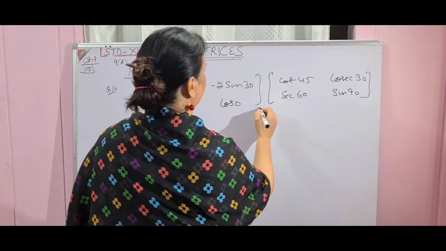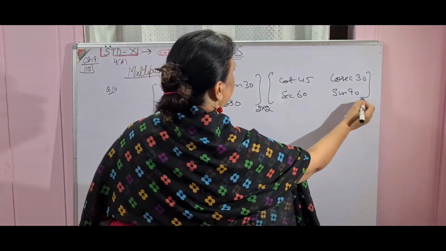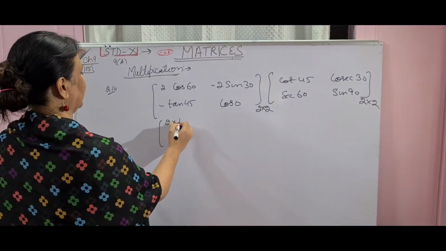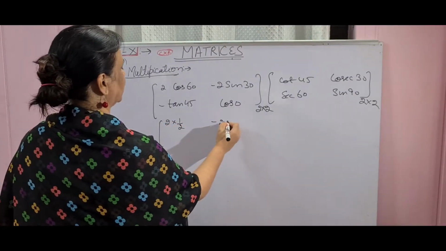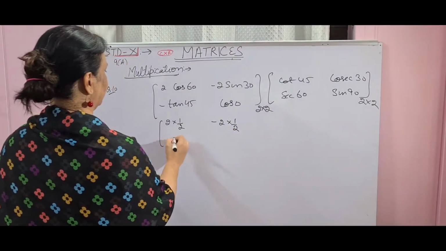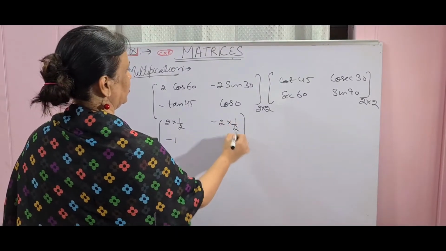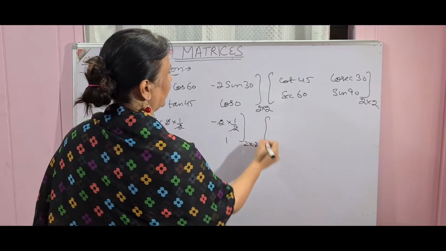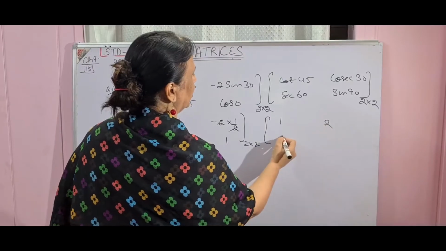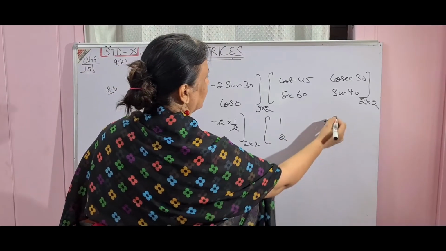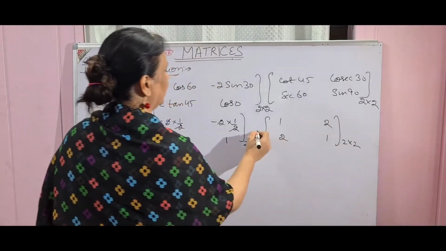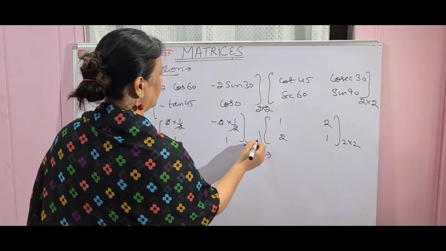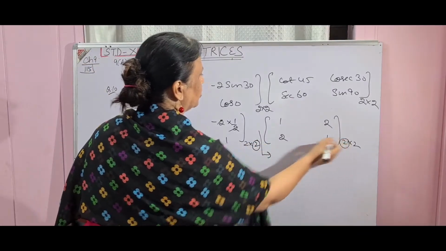So first of all you are going to mention the order 2 into 2, 2 into 2. Then you write their values. 2 cos 60 is I think 1 upon 2. Again sin 30 is 1 upon 2. See how I changed it, minus 1. Cos 0 is 1. So 2 cancels, and again you got the normal form of the matrix, and nothing is difficult now. Tan 45 is 1, again 2, and cos 0 is 1. 2 into 2. Then do the needful, that is multiply, but before that you write the rule that columns of first matrix is equal to rows of second matrix.